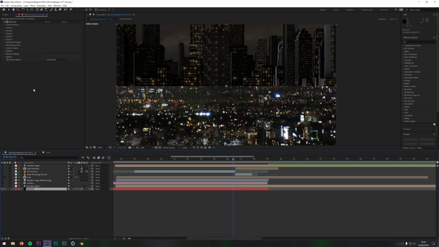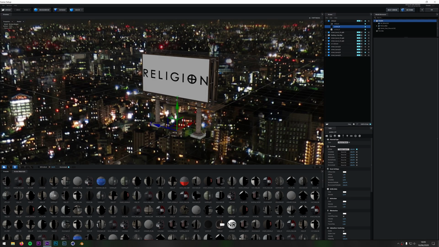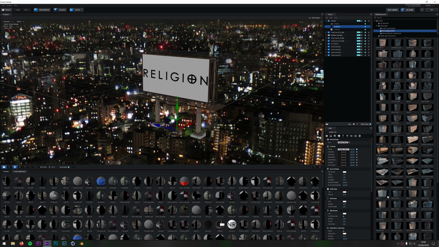So if I go into that scene setup, so if I come into here and click scene setup now, I'm not going to give you a breakdown of all of this because this is not going to concern this video. This is actually a separate pack you can buy, which is the Metropolitan pack, which gives you all of these buildings that you can buy as a whole pack and use them in your scene. But I'm not going to cover that today because that's not important to this video.